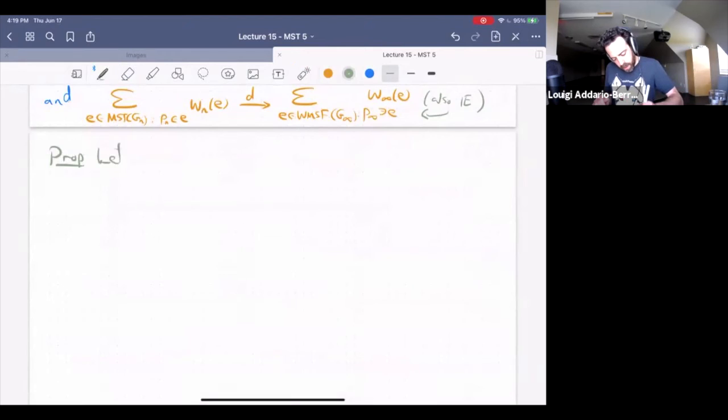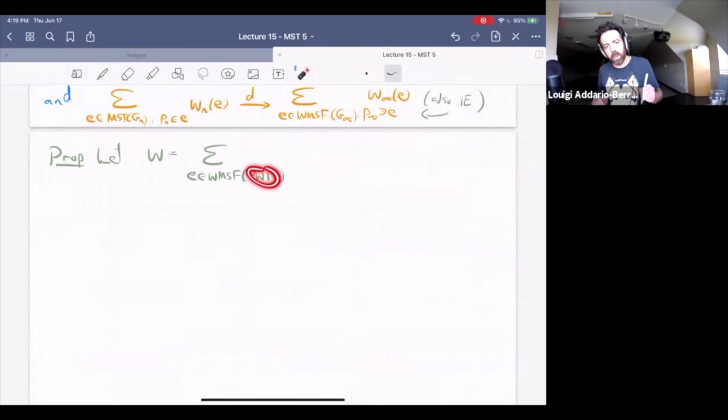Let W be this sum over edges in the wired minimum spanning forest. Now we're going to focus on the PWIT, because we know that the PWIT is the local limit of the complete graph, and that's what I'm interested in. So I'll look at the wired minimum spanning forest of the PWIT,